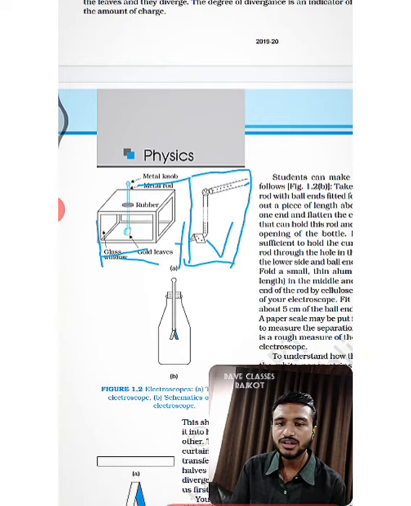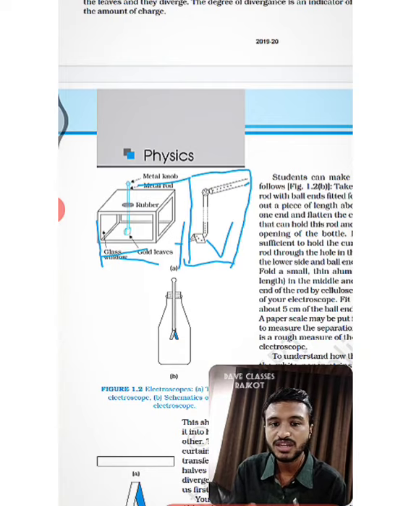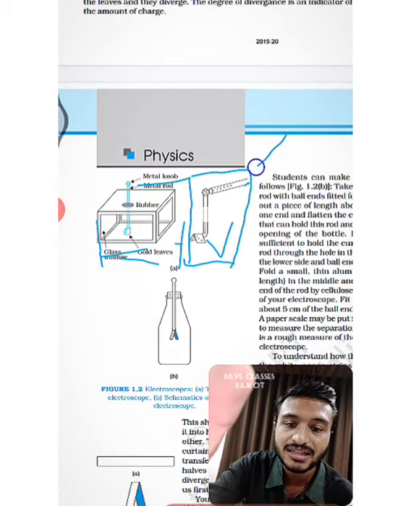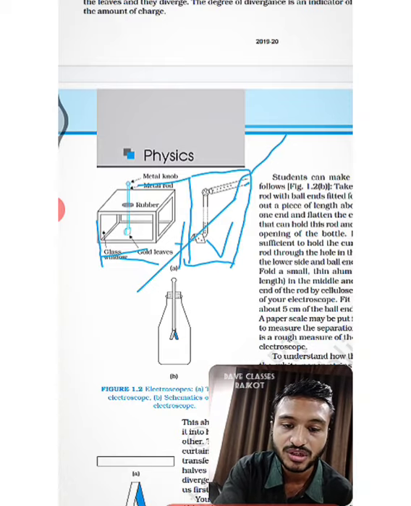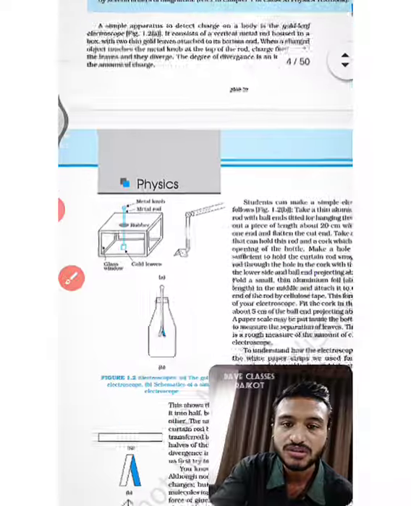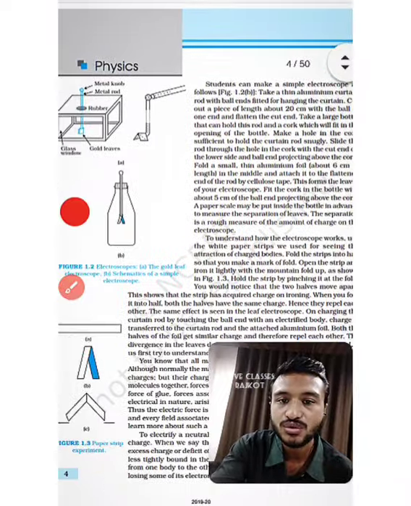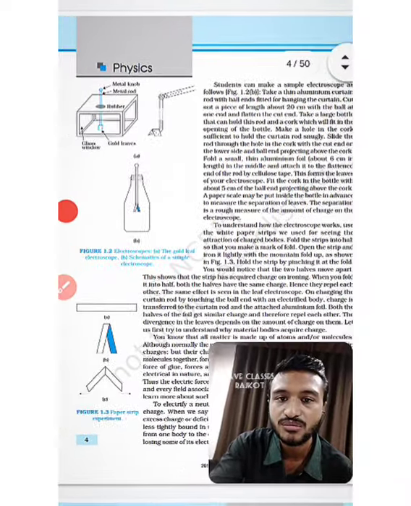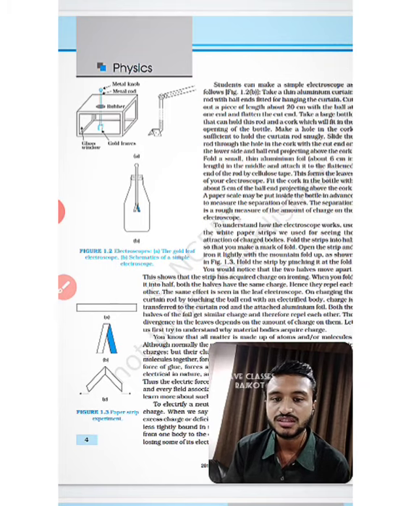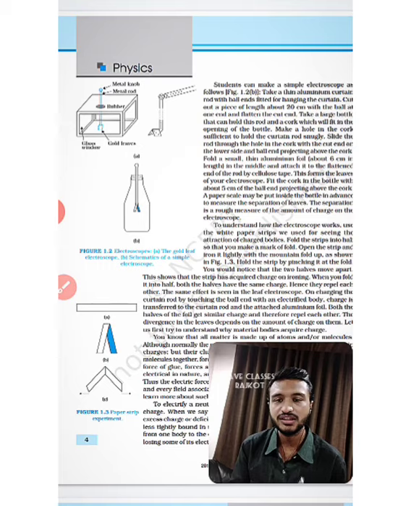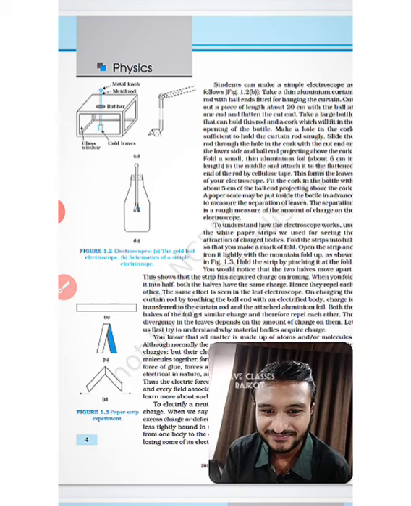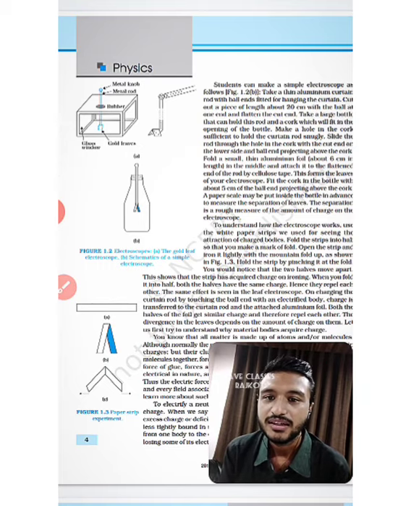Okay, so now everybody has understood. This box has been evacuated, and there has been a vacuum. Remember, there has been a vacuum. If you read properly, you will come to know there is a metal rod and the whole thing has been evacuated. Okay, so now let us start.